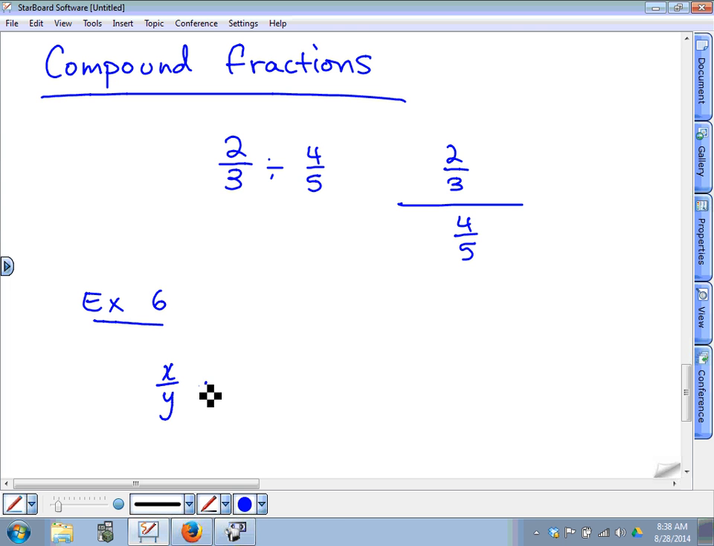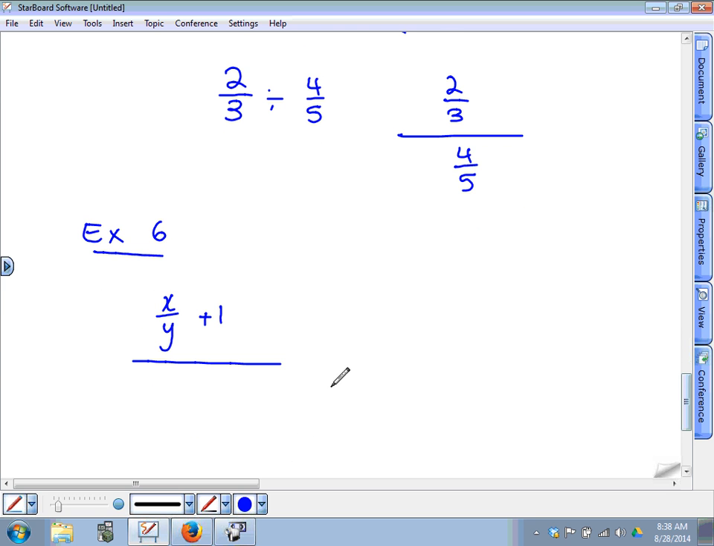X divided by y plus 1 over 1 minus y over x. So the idea here is to end up with just a normal rational expression and not a compound fraction. So what that is going to entail